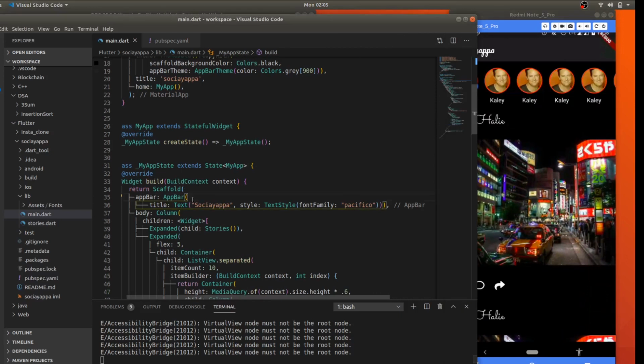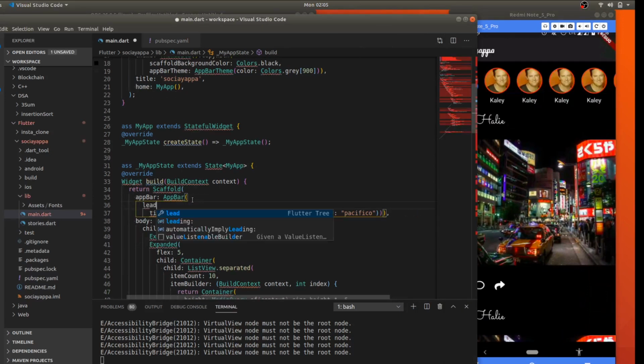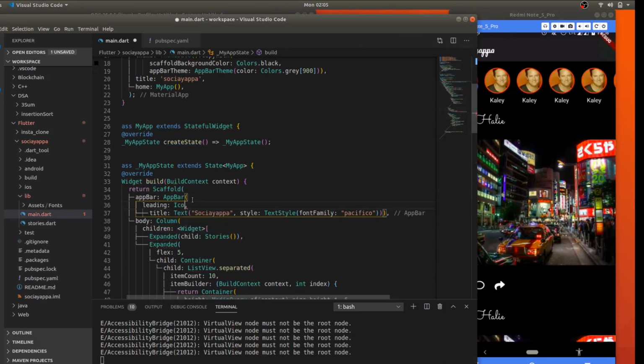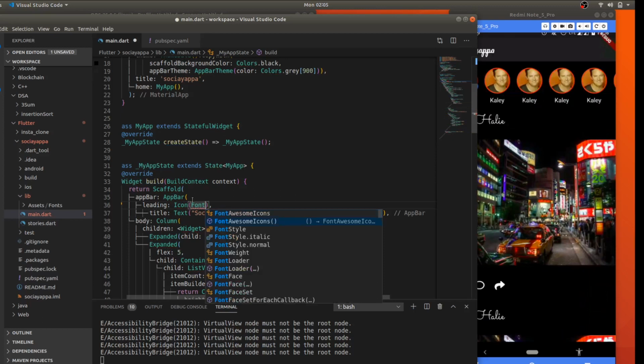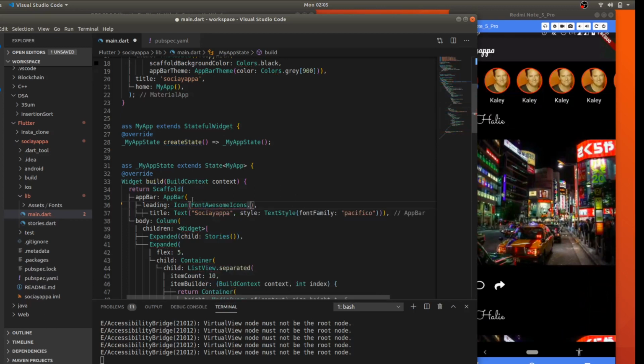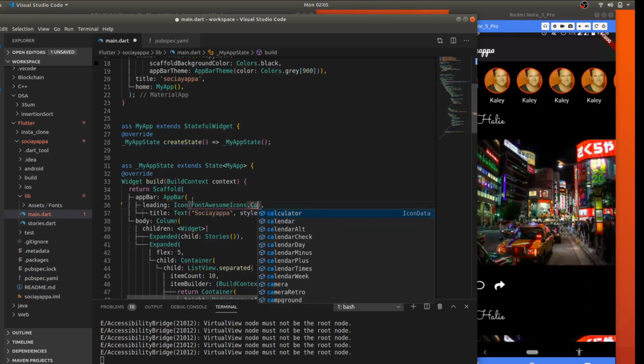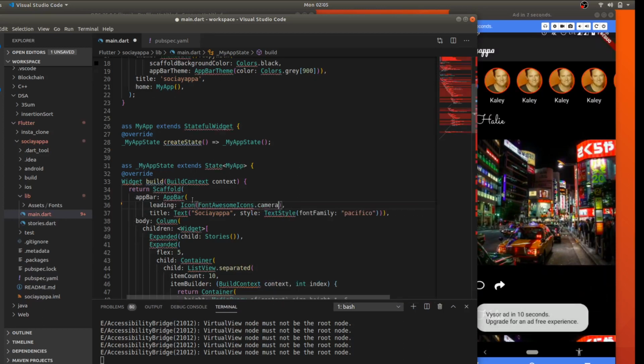Let's add a leading property here. I'm gonna add an icon and FA icons, or let's say font awesome icons dot camera, and